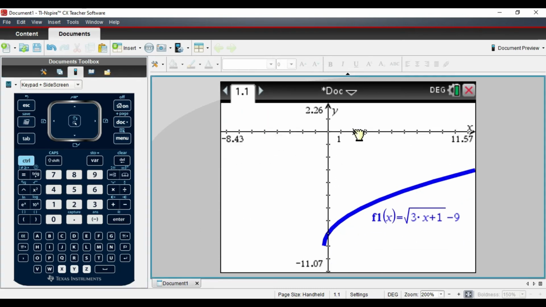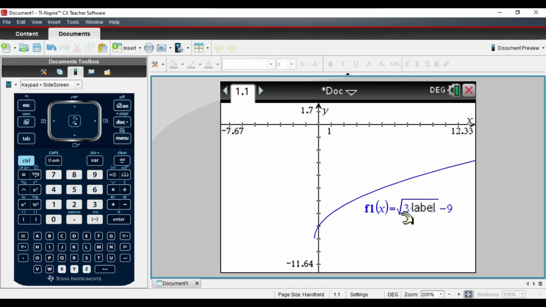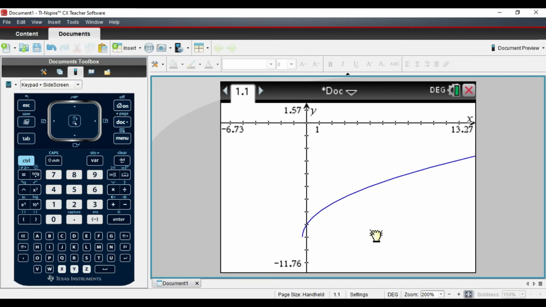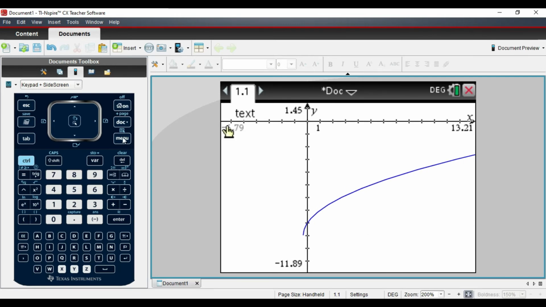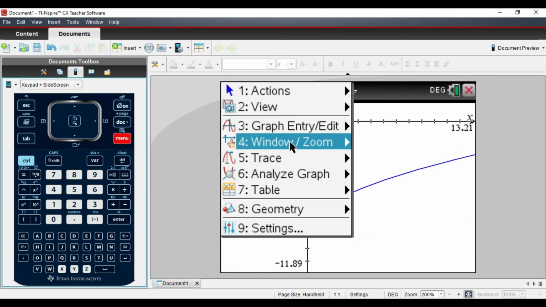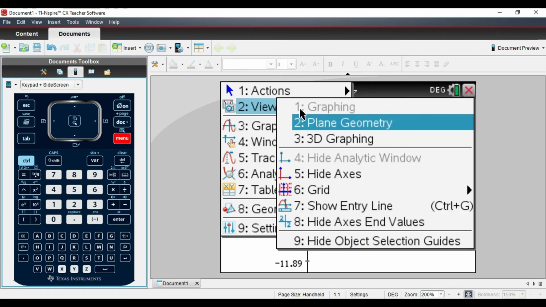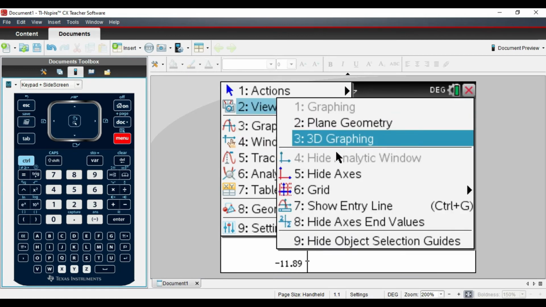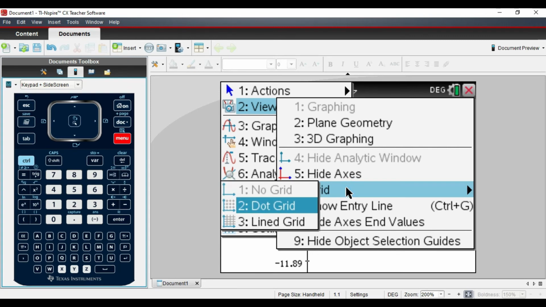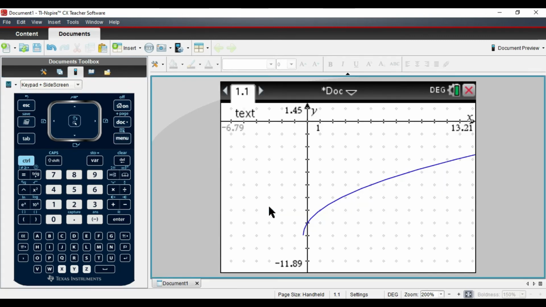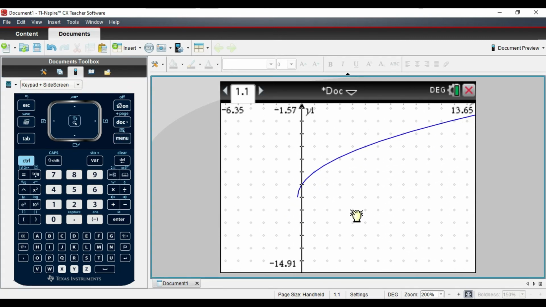So let's move this up so we can see it, and maybe get rid of that label. I'm just going to tuck it off the screen and it hides it. And I think we might turn on our grid here as well, which of course you don't need to do. So under View, which of course is in your menu button, we can have a look at a grid. You can put the lines or the dots on, and that'll allow me to see a little bit of what's